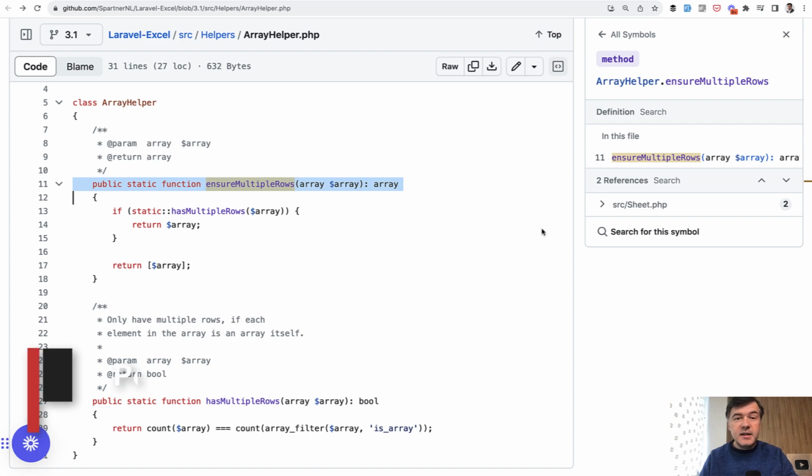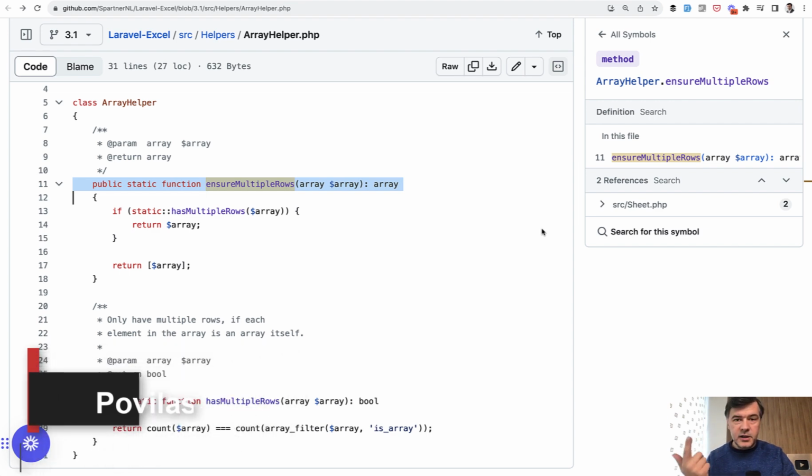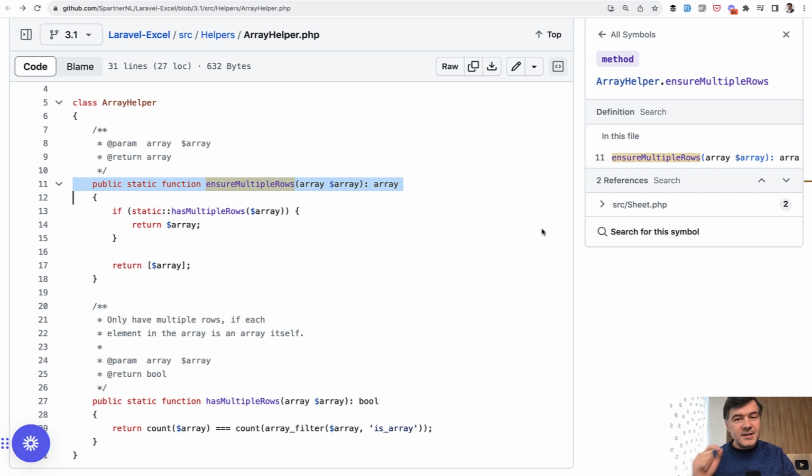Hello guys, today let's talk about validation from another kind of philosophical angle. Typically in Laravel we'll talk about validation rules and how to prevent something from happening. But in some cases, isn't a better way to help the user to correct the data for them instead of restricting and showing errors? And I found this example in a popular Laravel Excel package with a function called ensure